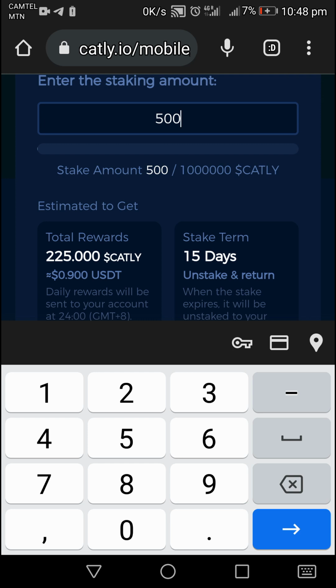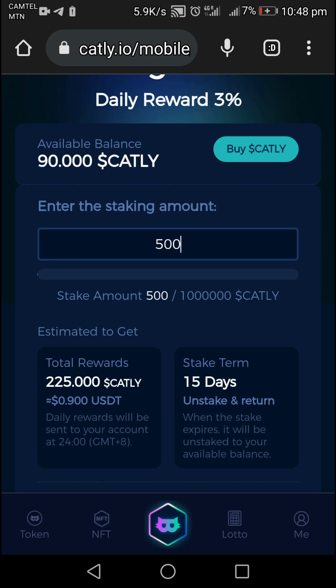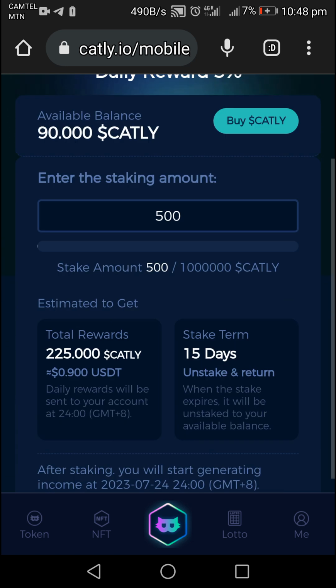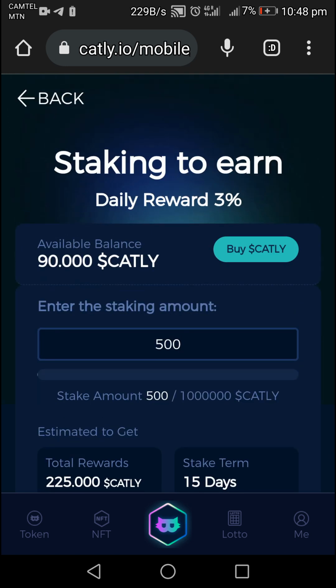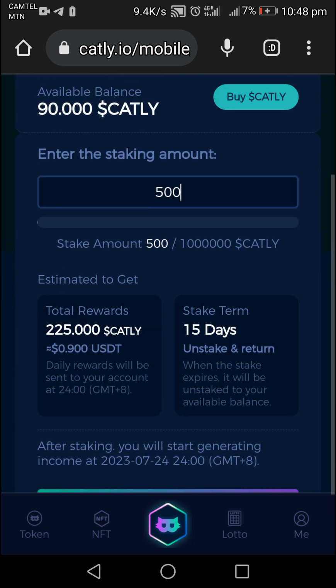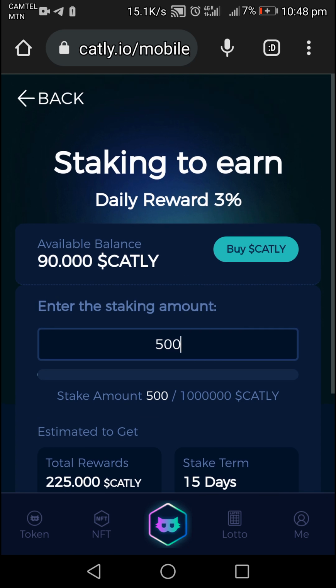So once you just launch Kali, they will ask you to log in with your Binance, in which they will actually send some USDT into your Binance app. So if you are new to Kali, guys, make sure you do. If you have missed Kali, make sure you take this Kali airdrop seriously. And after 15 days, you come and get your rewards, and you can use your reward to restake it back so you can get more.